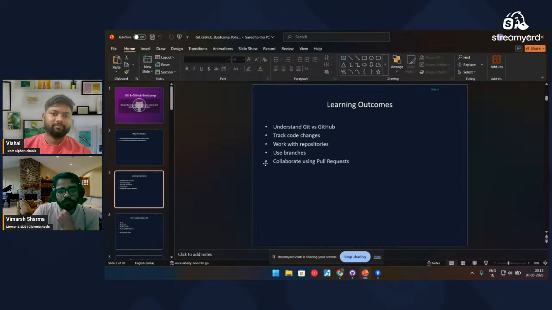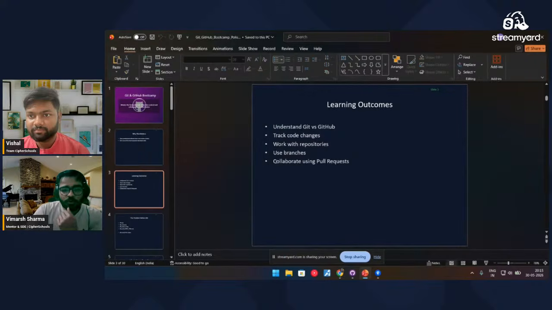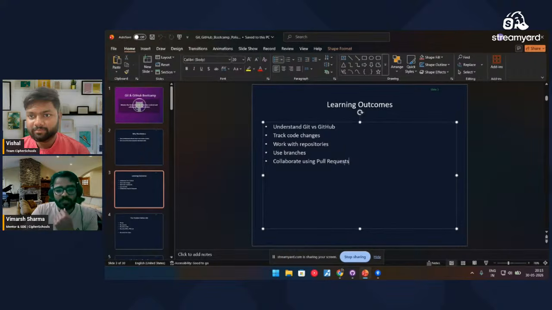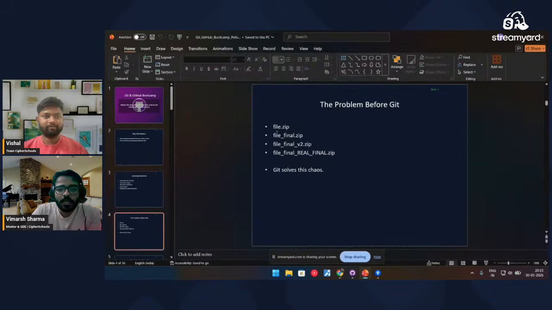So learning outcomes: we will understand Git versus GitHub. We'll track code changes, work with repositories, use branches, and collaborate using pull requests. I hope that I am able to show you this in this session itself, because this is where everything makes a stark difference. Now, the problem was that whenever you are working with software and trying to push changes,